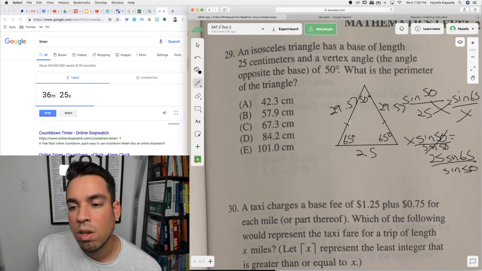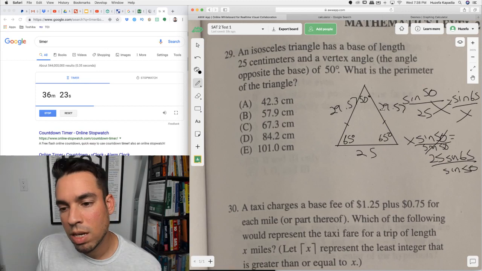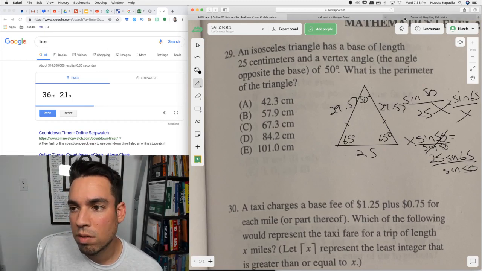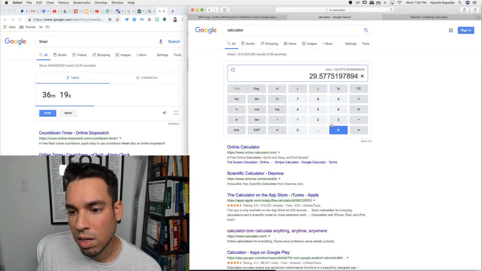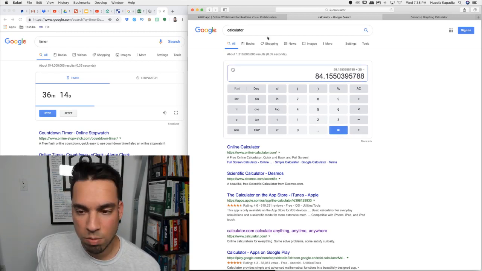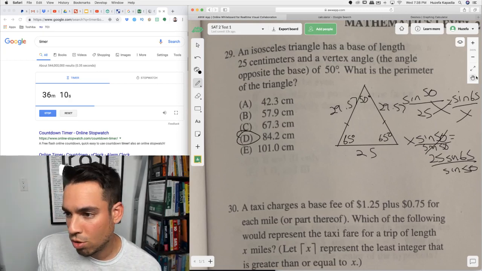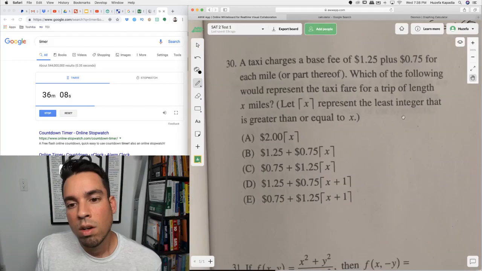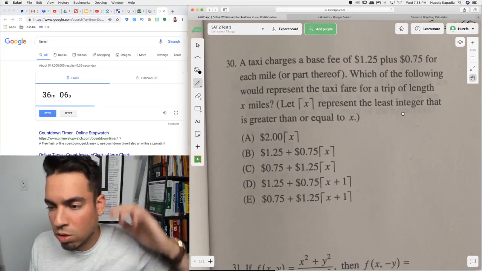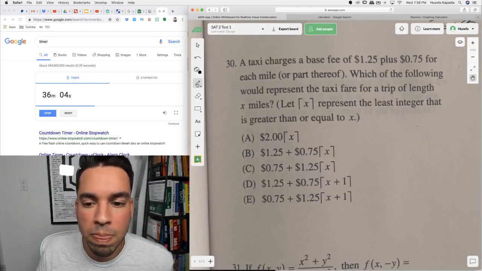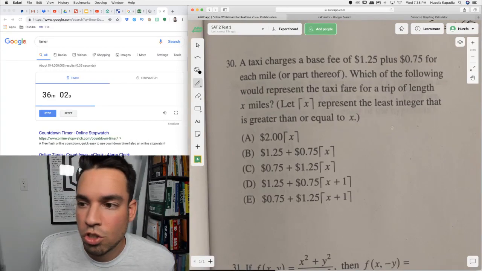And this side is also 29.57. So it's 29.57 times 2, because there are 2 of those, plus the other side, which is 25, equals a perimeter of 84.15. 84.2. Wonderful. A taxi charges a base fee of $1.25 plus 75 cents per each mile